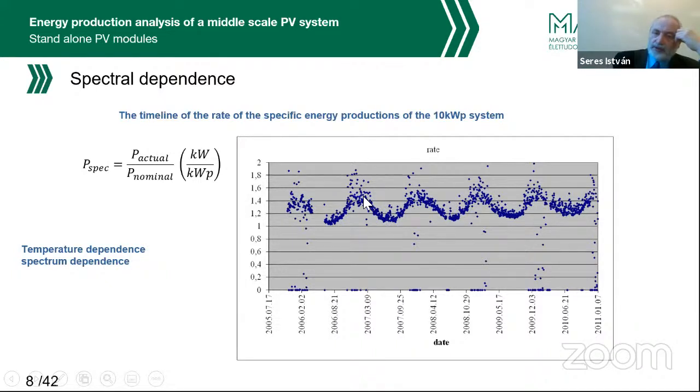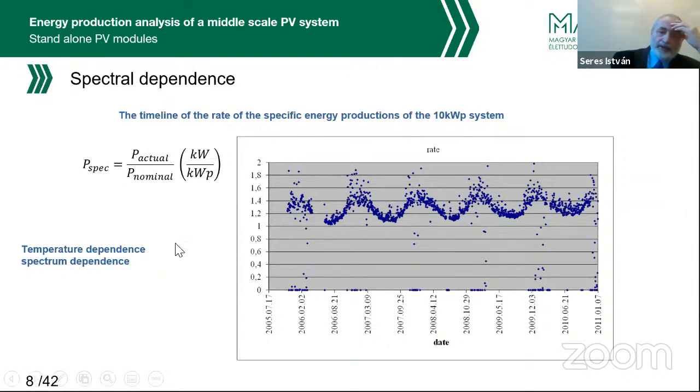Of course, in Hungary, I'm not sure if you know it, in the summertime we generally have above 30 degrees, 35, and in the wintertime sometimes we have -10 as well. So surely there has to be a temperature dependence in the problem, but we saw that there is a spectral dependence as well. That means that in the wintertime the solar radiation has to cross a much wider air layer, and in this way the spectrum is changing.